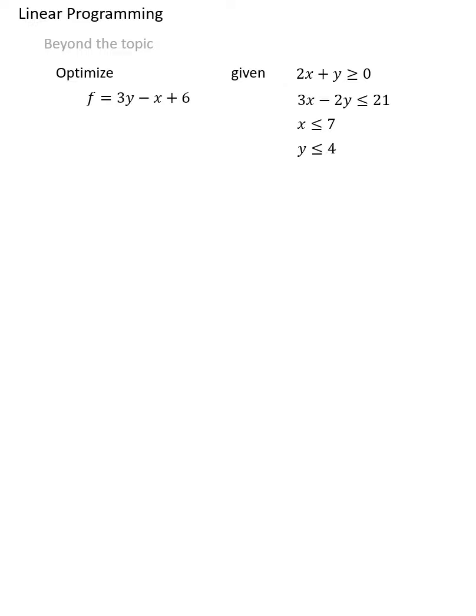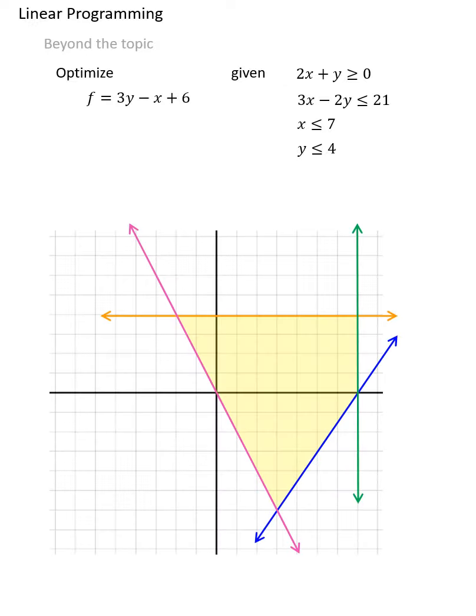Now that we've finished the problem, let's go a little bit beyond the mechanics of solving these to give you a broader sense of how this topic works. First of all, let's consider the scenario where one of our inequalities, such as y less than or equal to 4, were switched in such a way that the shaded region